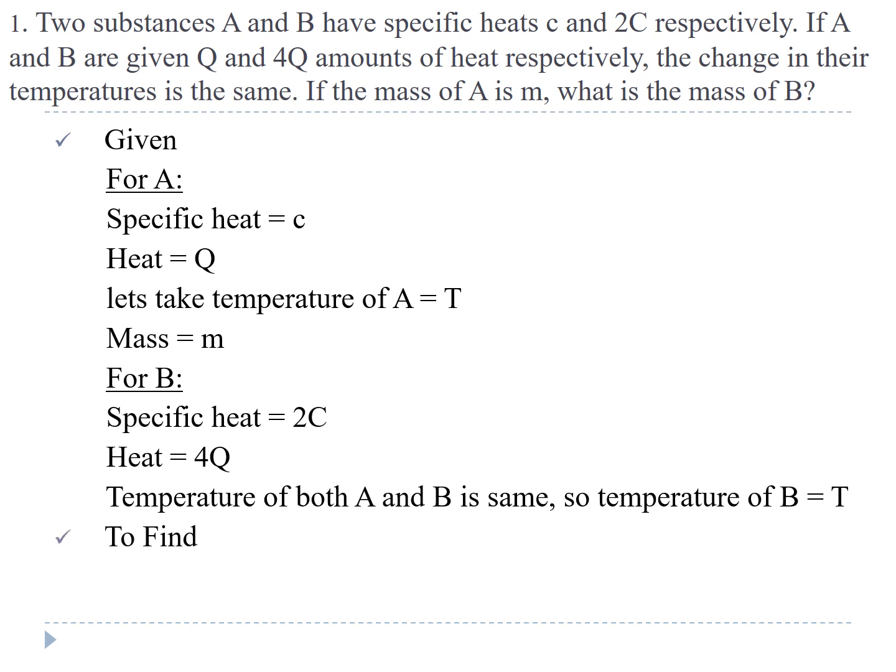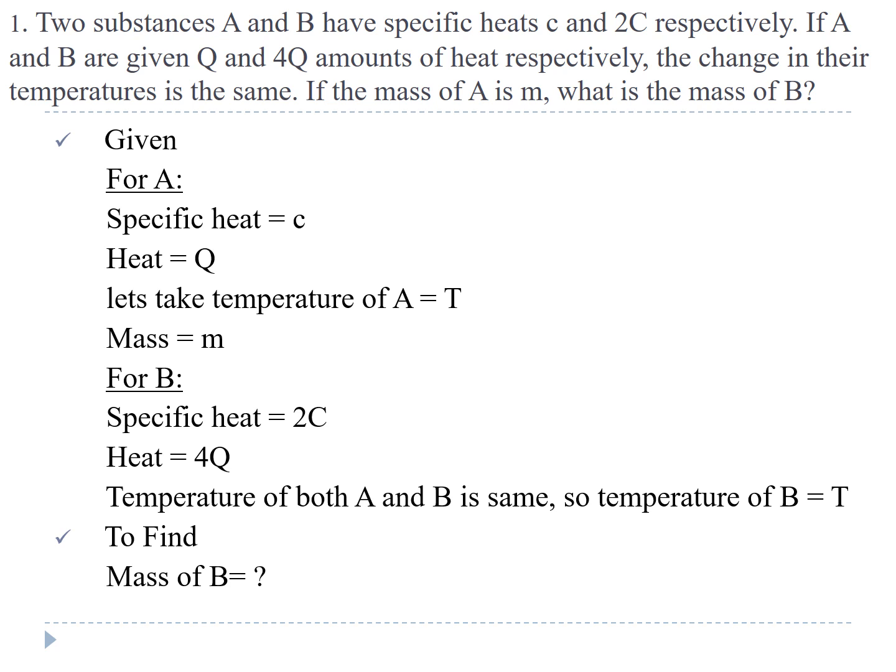Now if you look at A and B, what we have written, substance A has four things that are given. It has the temperature given, specific heat, heat and mass. Four things have been given for A, but for B if you see, only three things are given. So whatever is missing in B, that is what we are supposed to find. What is missing in B? Mass is missing. So we are supposed to find out mass of B. Okay, I hope this is clear.